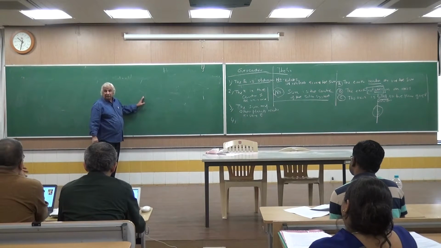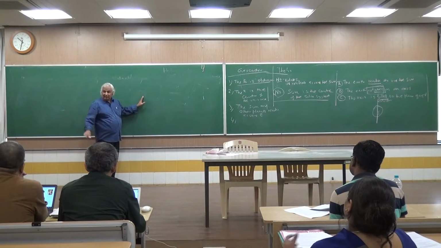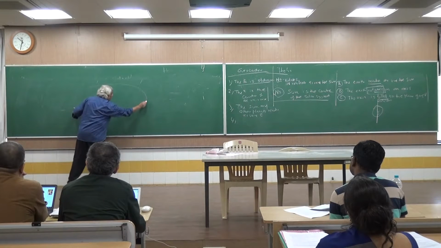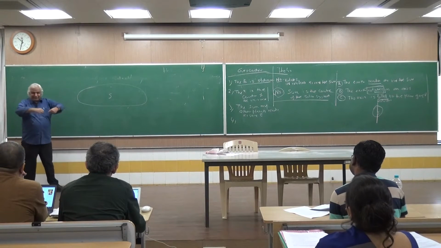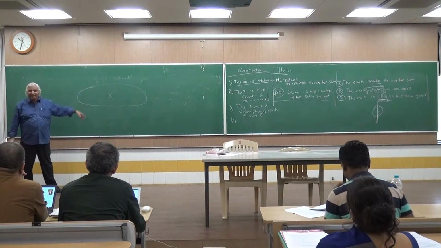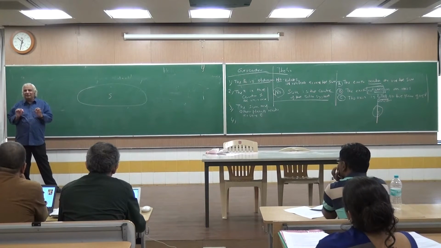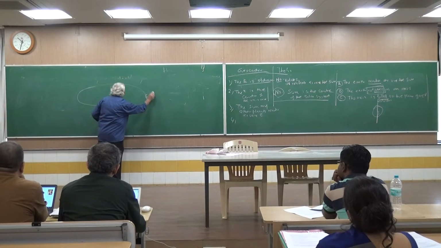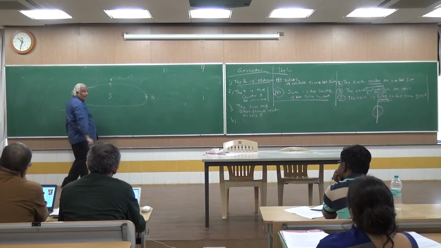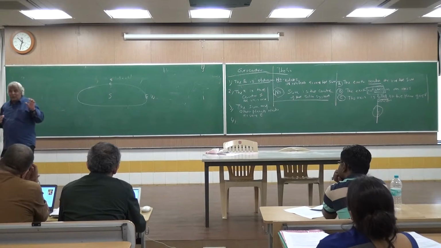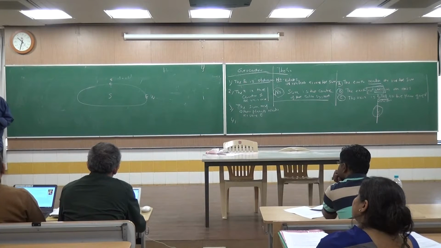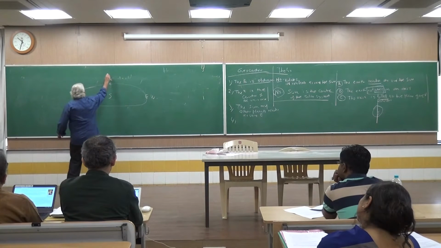And mind you, incidentally, most students think that summer and winter is due to the elliptical orbit. I've tried this here at IISA, and the first explanation that I get is that summer and winter is because of the elliptical orbit, and they draw the ellipse like this. Very flattened. Actually, if you look at the actual case, the deviation from the circle is very little. Forget that one. And they say the Earth is here, and therefore it is winter. The Earth is here, therefore it is summer. So the idea here is, the closer the Earth to the sun, the hotter, and the farther away, the colder. So it's a distance theory of summer and winter.